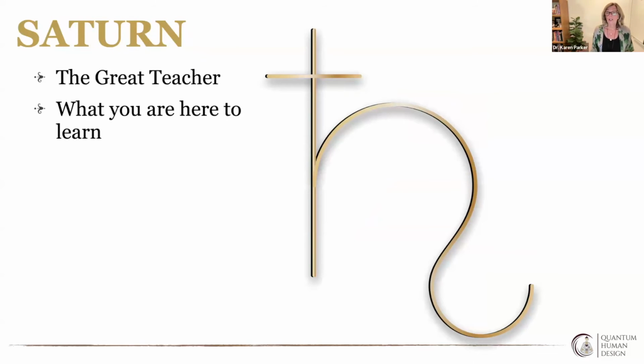Now, I like to look at Saturn and Jupiter together as kind of a partnership. Saturn is our teacher. Whatever Saturn is lighting up brings us lessons, themes that we need to be working on. And sometimes Saturn is what we need to get rid of in order to be more effective. If you think about the ancient mystery schools of Alexandria, when they taught the process of alchemy, they would pray to Saturn. And Saturn was the energy that would burn away the dross, right? In that process of transforming coal to gold, metaphorically, it's Saturn that converts the coal into gold, right? It's Saturn that burns away all the excess.